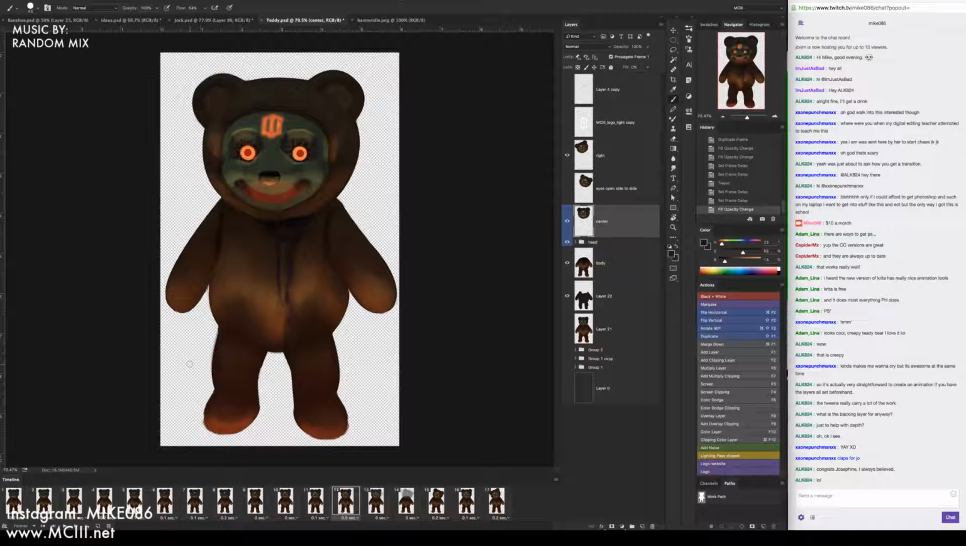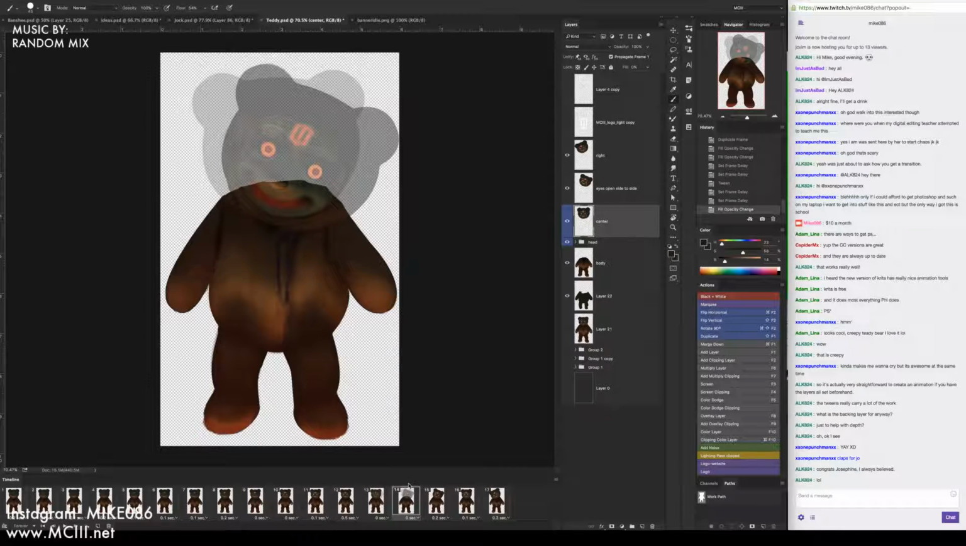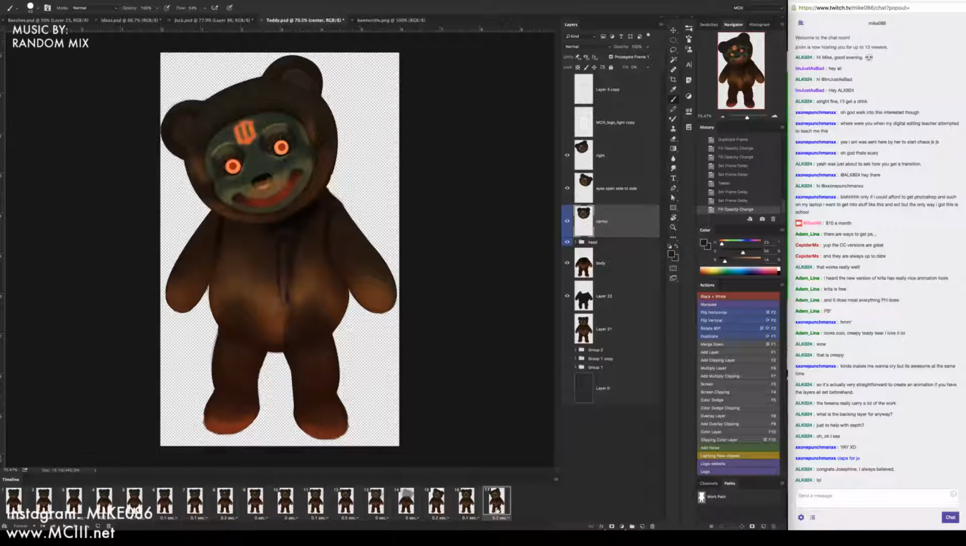Let's figure out how to do this. Okay. I'm going to make in-between steps myself. That is the easiest way for me to do this. I'm just going to undo. If I press delete, it deletes your layers, not your frames. Let's go to